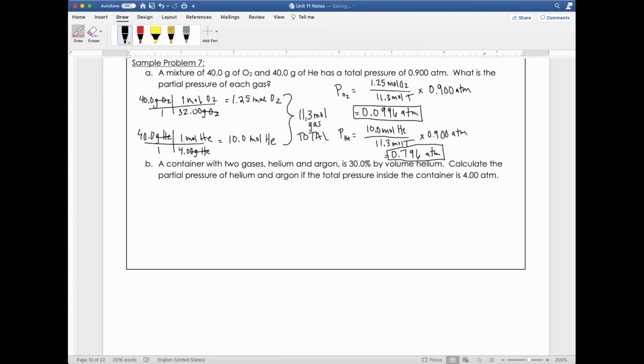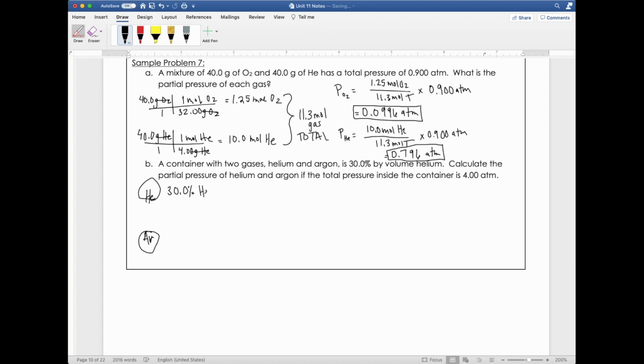B is actually a little bit easier than this one before it. So a container with two gases, helium and argon, contains 30% by volume helium. Calculate the partial pressure of helium and argon if the total pressure inside is 4 atmospheres. So we know that this system, this container, contains helium gas, and it also contains argon gas. So we do know the total atmospheric pressure here, but what's important is that we do know that this system is 30%